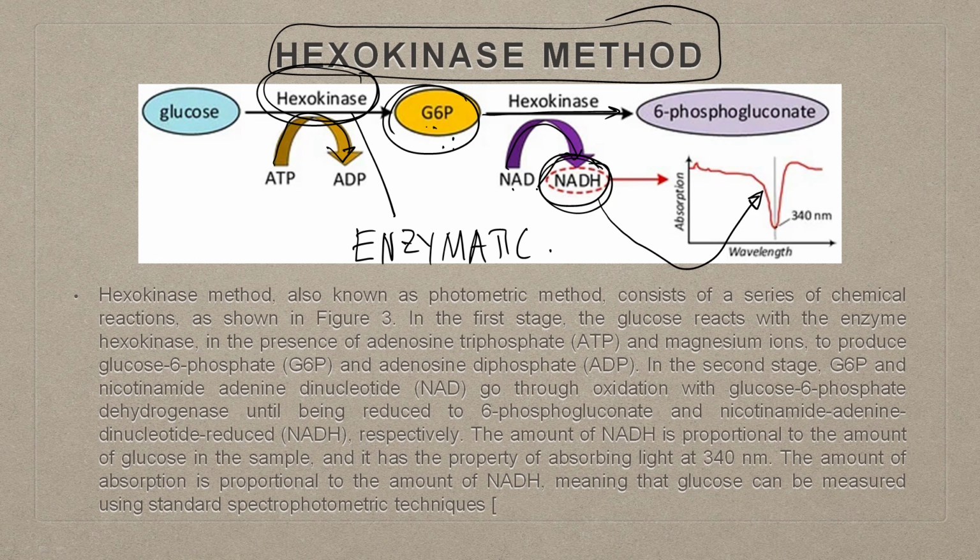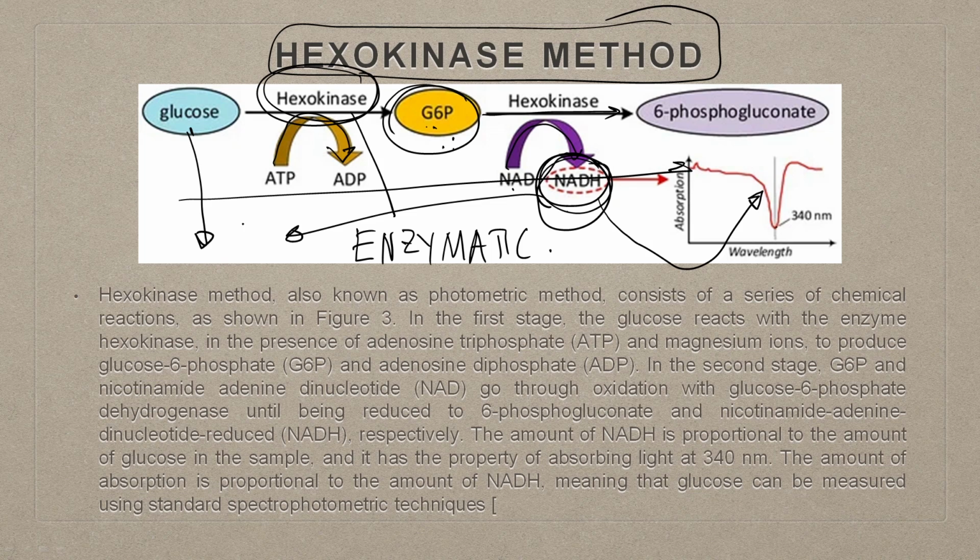So, the concentration of NADH which is generated in this whole process, how much will be the glucose, the glucose and NADH are directly proportional. So, if more is the glucose, more will be the NADH, and the more intense will be the signal. So, the hexokinase method, also known as the photometric method,